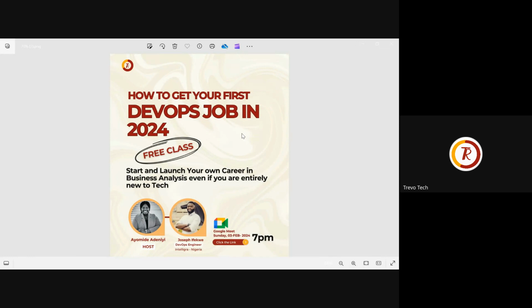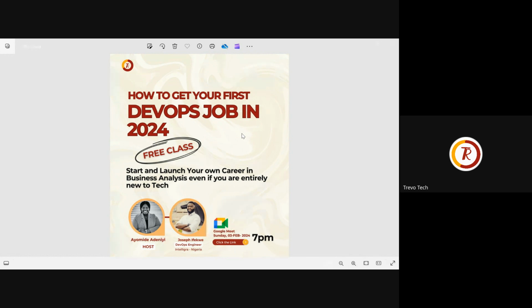Things like resume building and LinkedIn: they're going to teach you how to maximize your LinkedIn and how to network on it. You'll also be taught how to build a portfolio if you need one, how to pass common interview questions, what kind of companies you can reach out to, and what kind of sites you can get jobs on. You understand? Stuff that would help you for practicality and make you job ready.